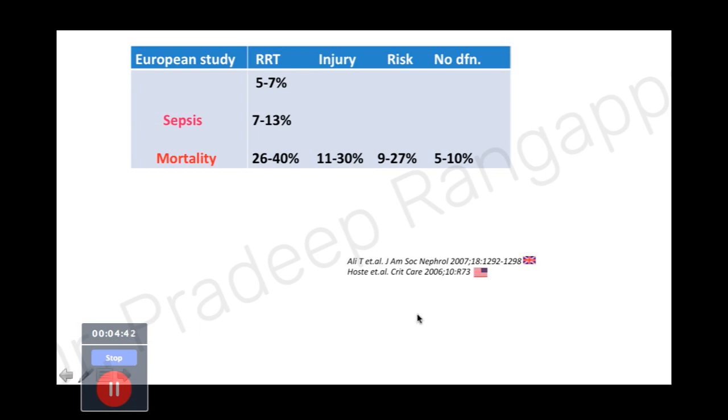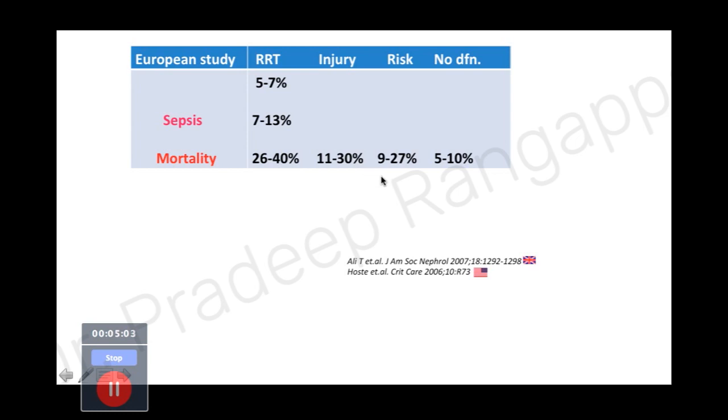So these are some few studies. This is a study from the UK where 5 to 7% of the patients who develop acute kidney injury need renal replacement therapy, and 7 to 13% of the sepsis patients who develop acute kidney injury end up needing renal replacement therapy. And what is important is they have looked at mortality